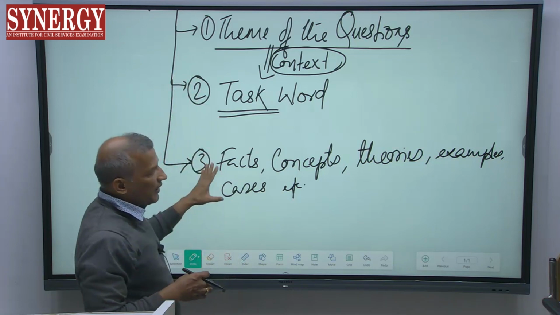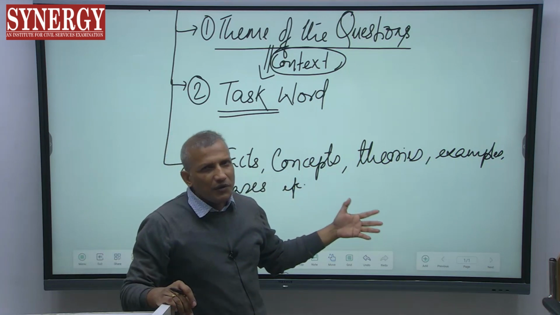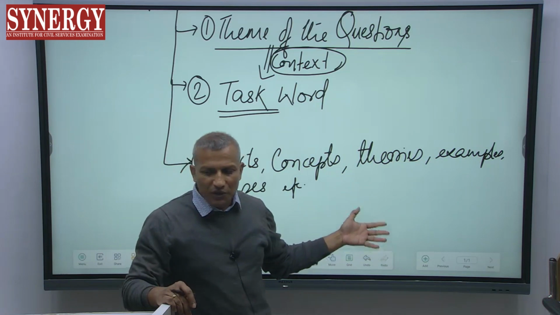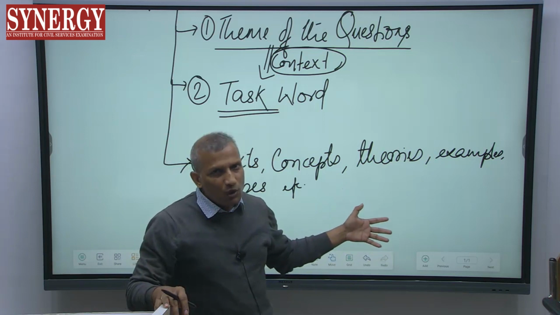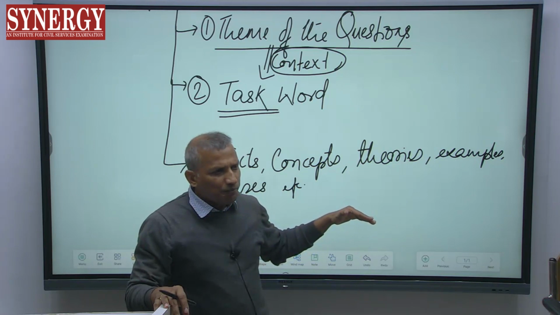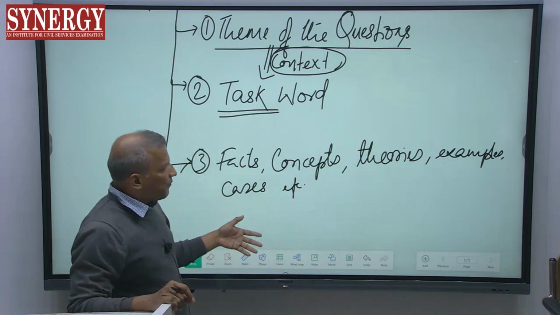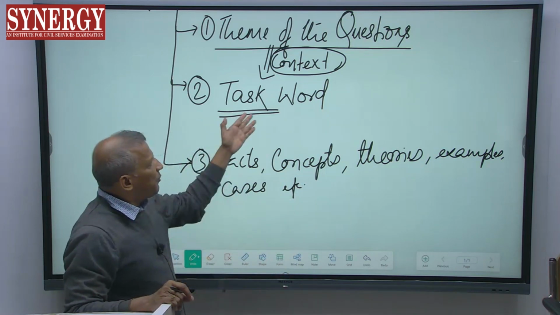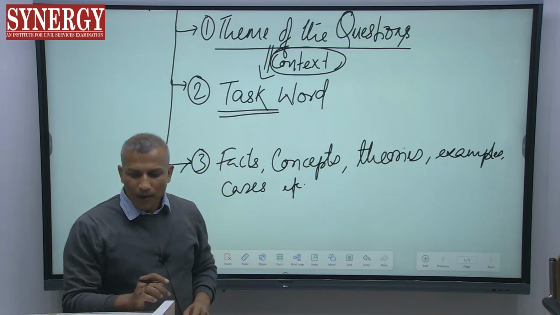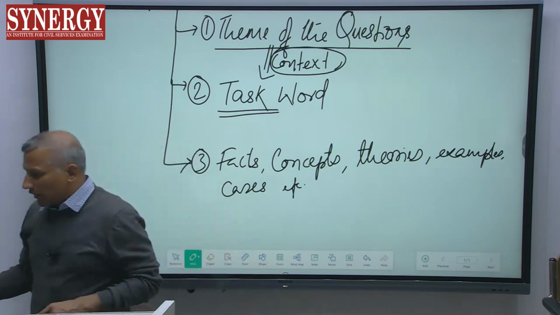If all these things are there in the answer, I would consider that to be a good answer. And generally this is what is considered to be a good answer. I hope you have understood my presentation relating to how to write a good answer. This is the basic outline that I have provided, and the task words I would elaborate in the subsequent lecture. I will be elaborating on the various task words, the requirements of the various task words. So before that, I believe all of you have understood the presentation. If at all any doubt, let me take it up.